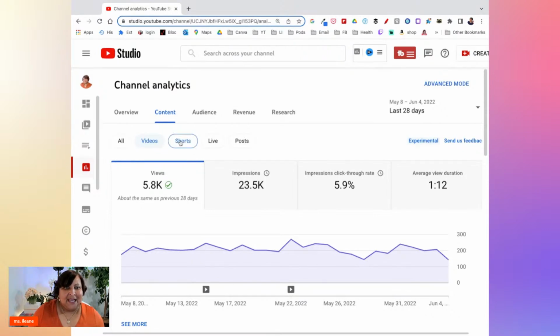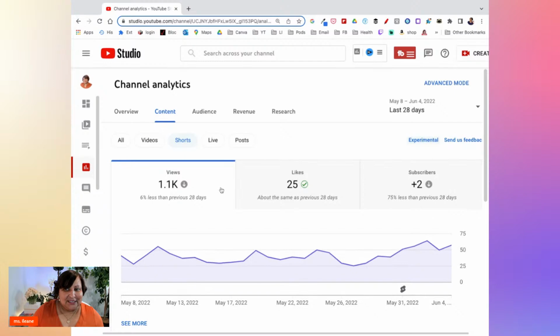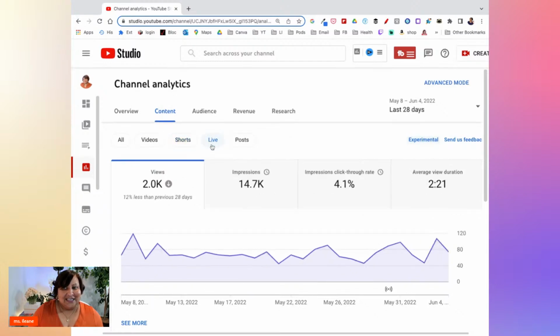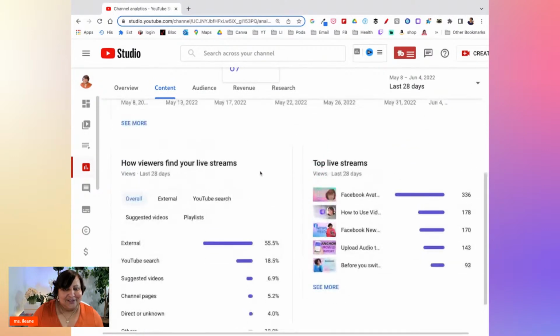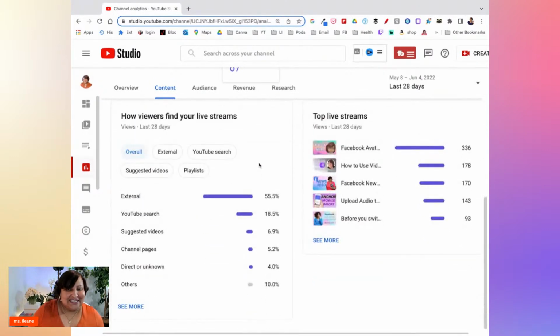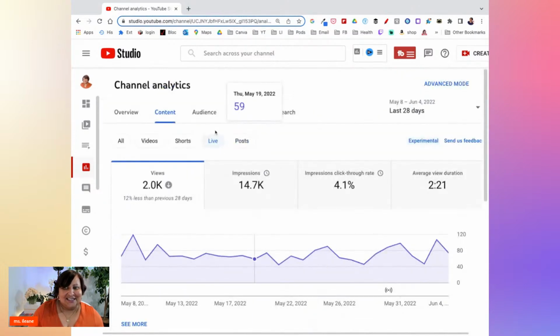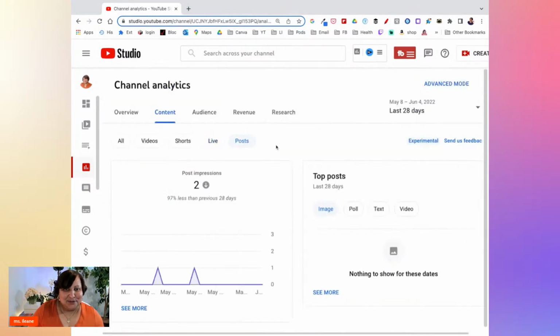You can see shorts separately. You can see live streams separately. And you also get to see different things about each category when you scroll down. This is amazing. And this is the community tab, which I don't use as much as I should.